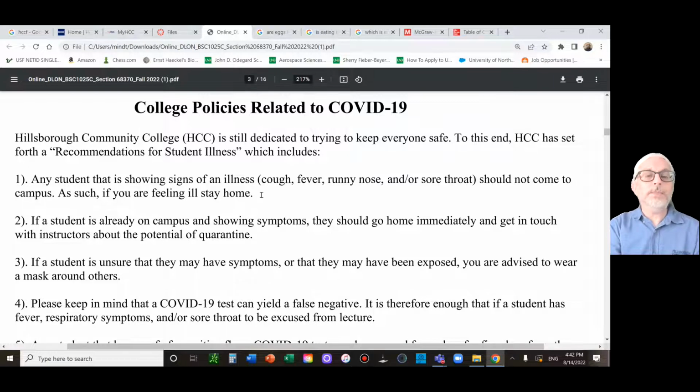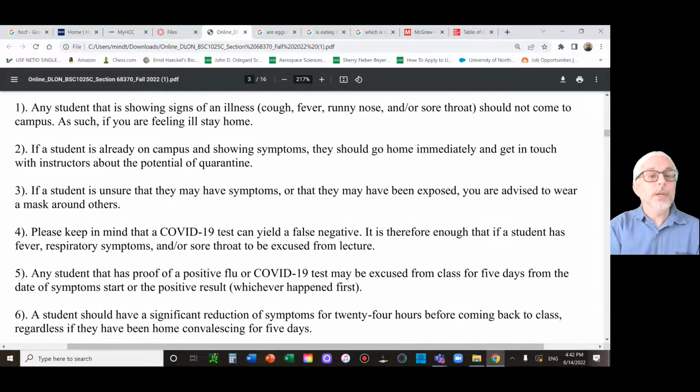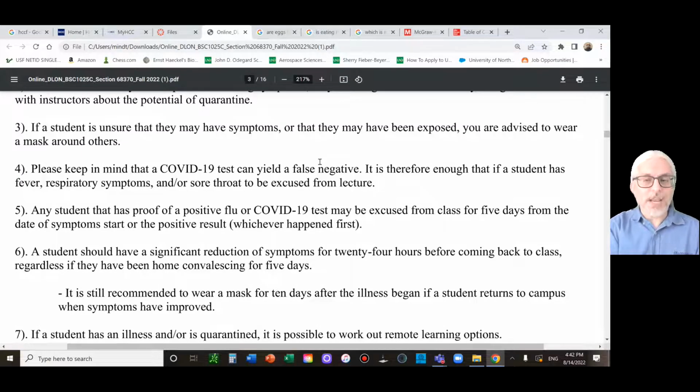If you're feeling ill, yeah, don't come to class. Now, this is an online class. You might be wondering, well, why does he have that in his syllabus? Because I don't know where you're doing this. You might be on campus. I'm there 3 times a week. You might be on campus reading the notes and watching any videos and that kind of idea. So I want you to be safe. I want your colleagues to be safe. So like the college is saying, if you don't feel well, stay home. If you're already there and you're beginning to feel sick, go home. If you're unsure if you're sick, stay home. Wear a mask.